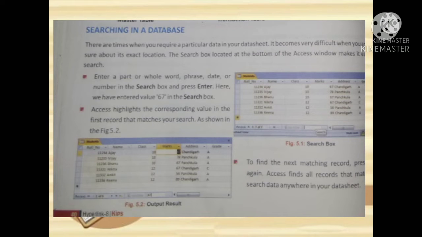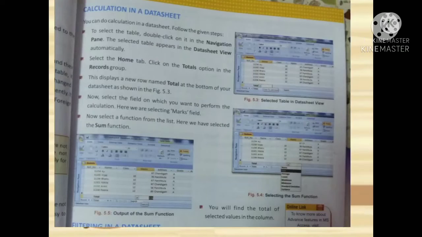Of course, you have the search box in your Microsoft Access at the bottom of the window where you can type the data which you know, or else if you don't know, what can you do? Type anything related to that particular record. Suppose you are finding the records for student details like name or address, at that time you can give any roll number if you remember, or if you don't know, you can type anything related to that particular student like the first name or the last name, anything which you can recall. It will help you, and whatever record is related to that will be shown to you with the help of the search box.